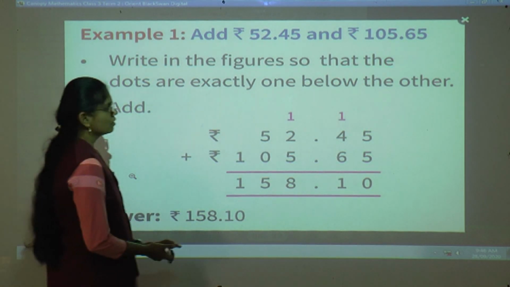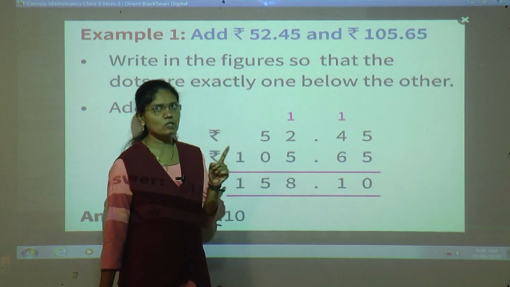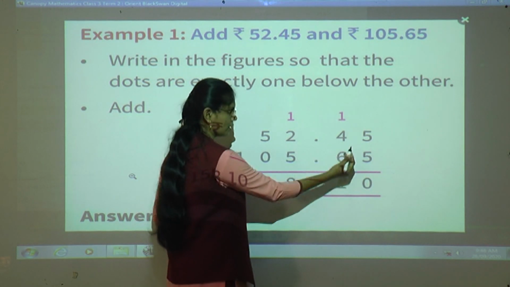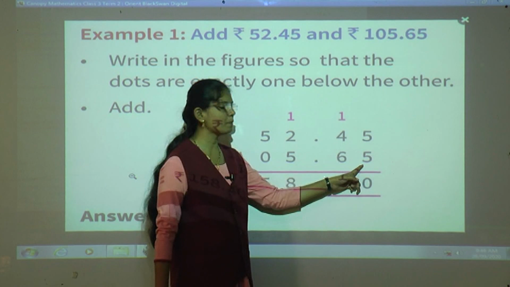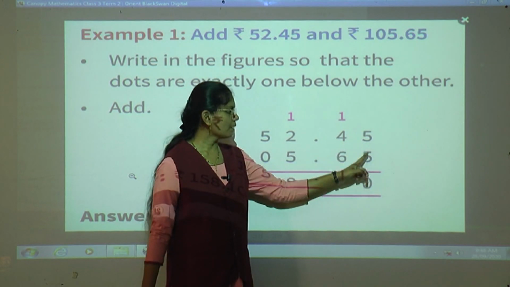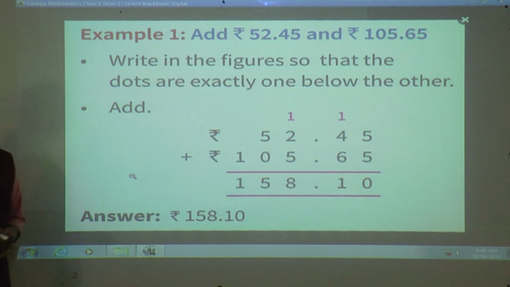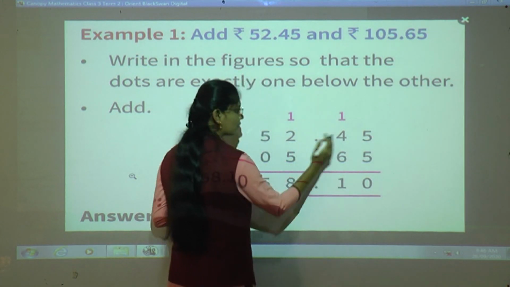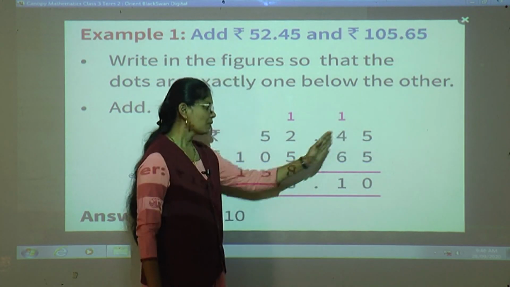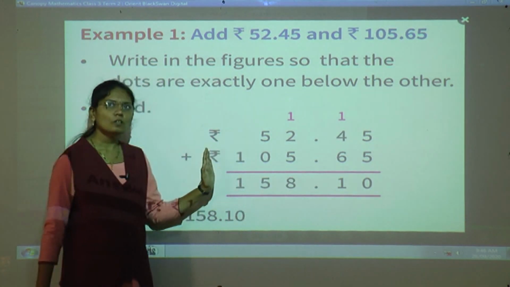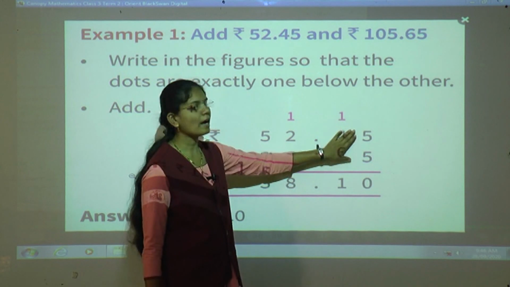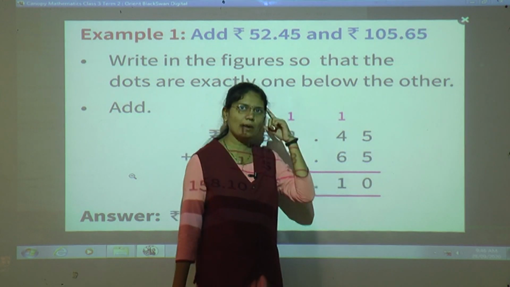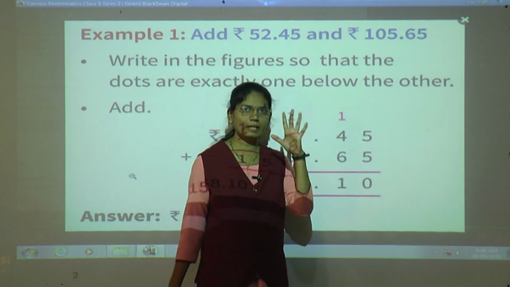Now see here, 5 plus 5. Always we should start from the ones place, from the right side of the dot. Here at ones place 5 is there, and in the other number also at ones place 5 is there. In money you should always do the addition from the paise. After the point, whatever numbers are there are the paise, and before the dot these are the rupees. So first of all you have to add the paise. Here 5 paise plus 5 paise. This 5 you keep in your mind, and this 5 you take on your fingers.